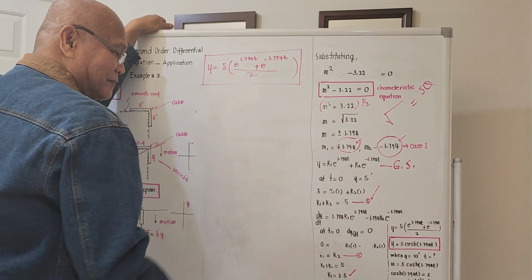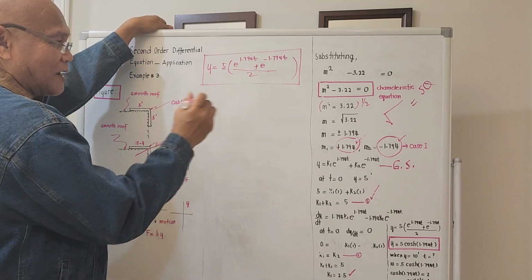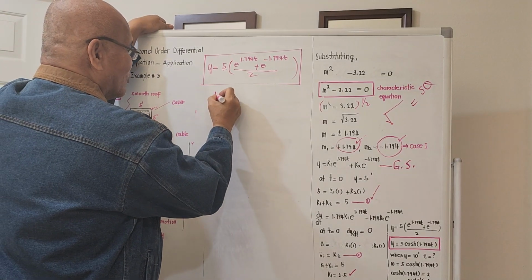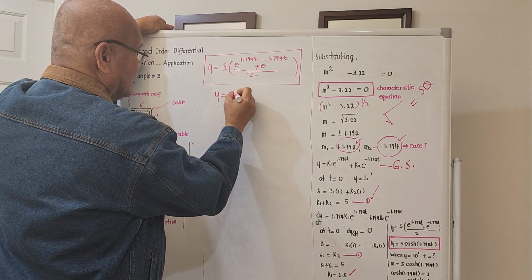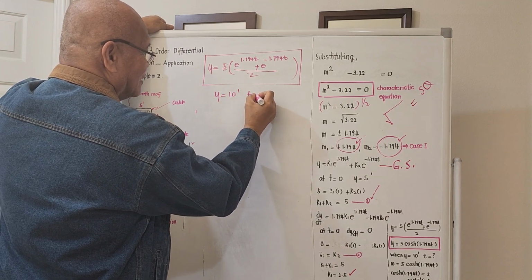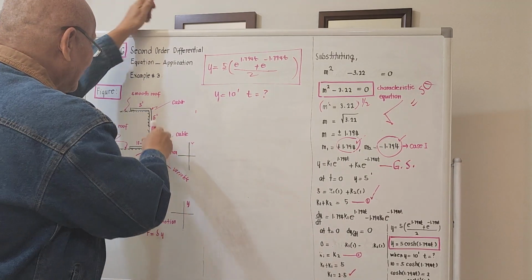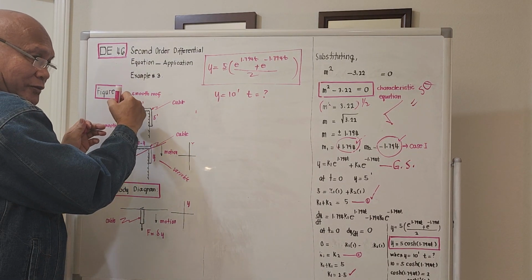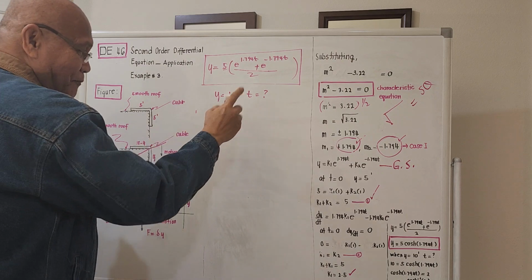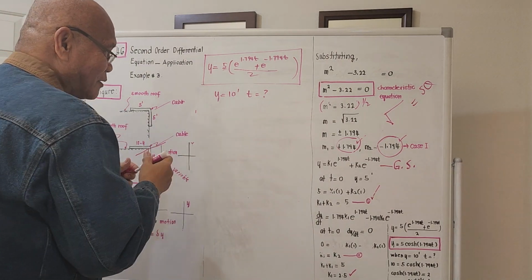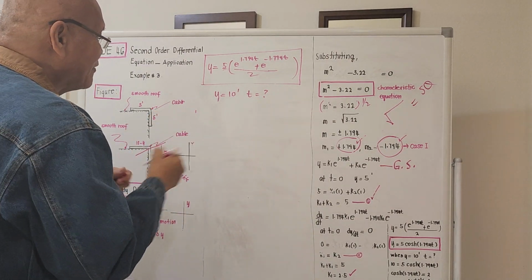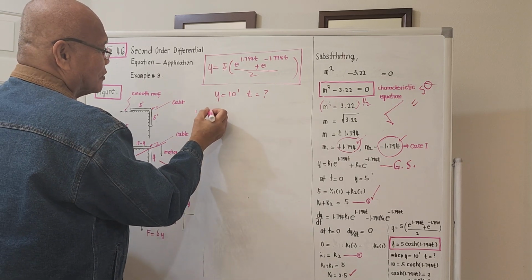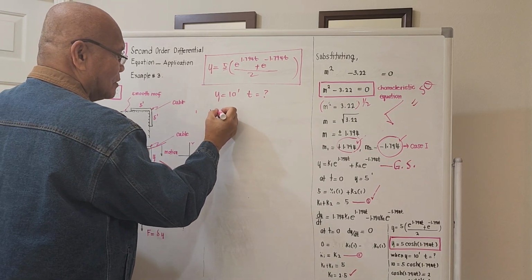a function of time. And the problem is only asking, when y is equal to 10 feet, what will be the time? When y is 10 feet, the cable has already dropped off the roof. And what the problem is asking is, what will be the total time that will elapse? It's just now a matter of substitution. So 10 will be equal to 5